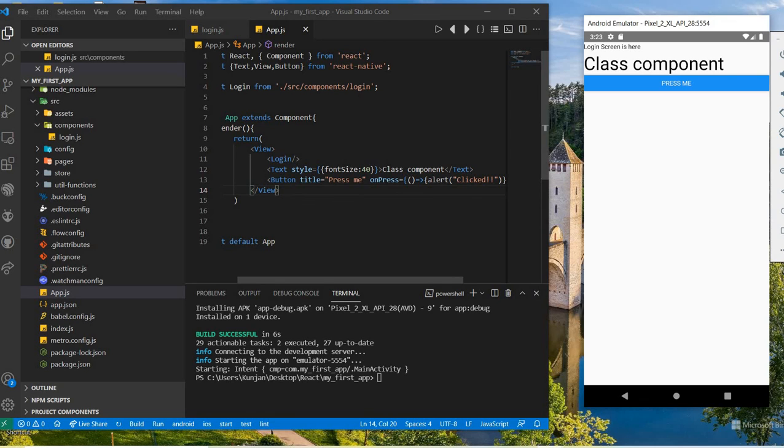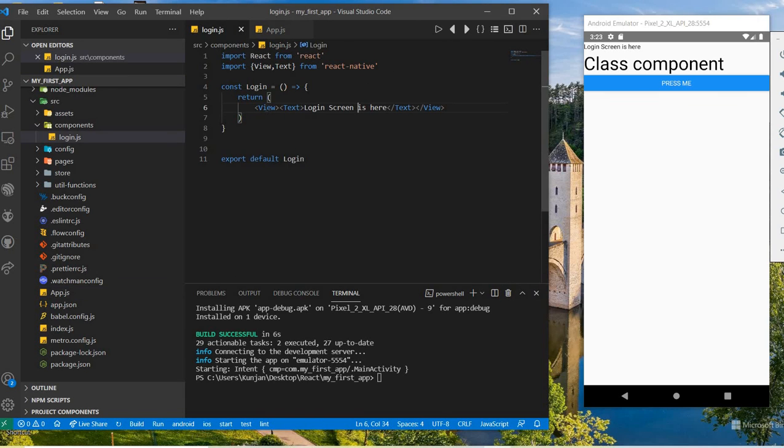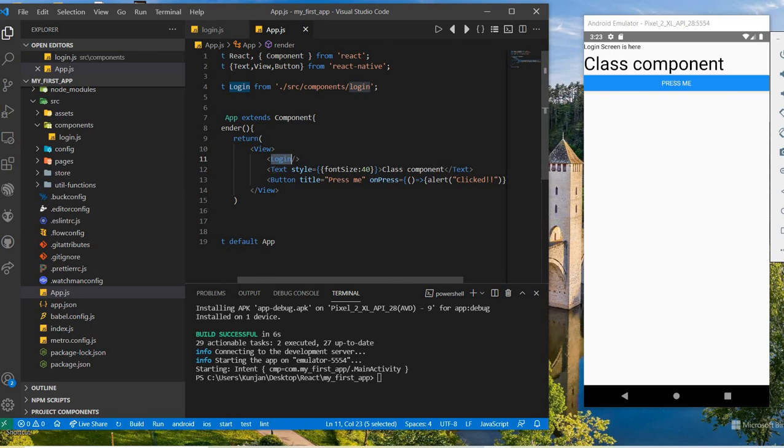So here what we have seen: we have imported the login functional component into app.js. We have written one method in login.js, and we imported this method in app.js. Then we used a text tag and made one property, font size.